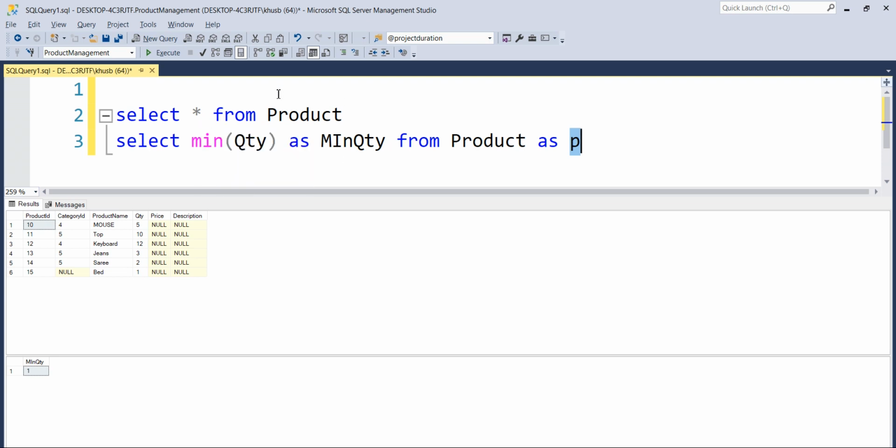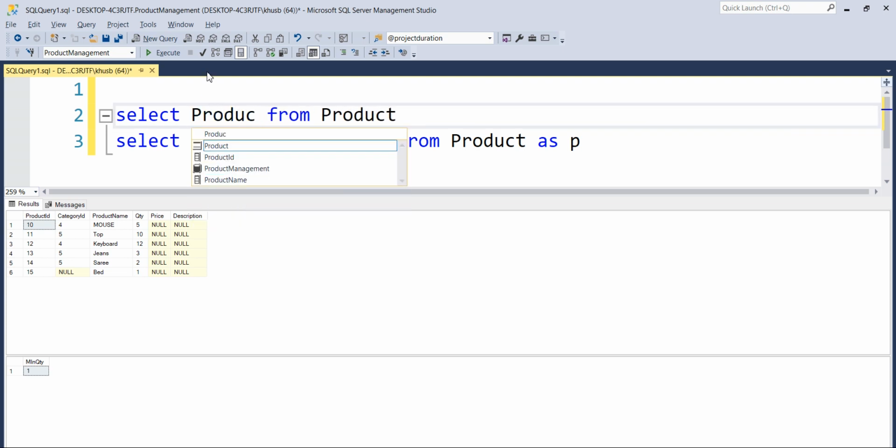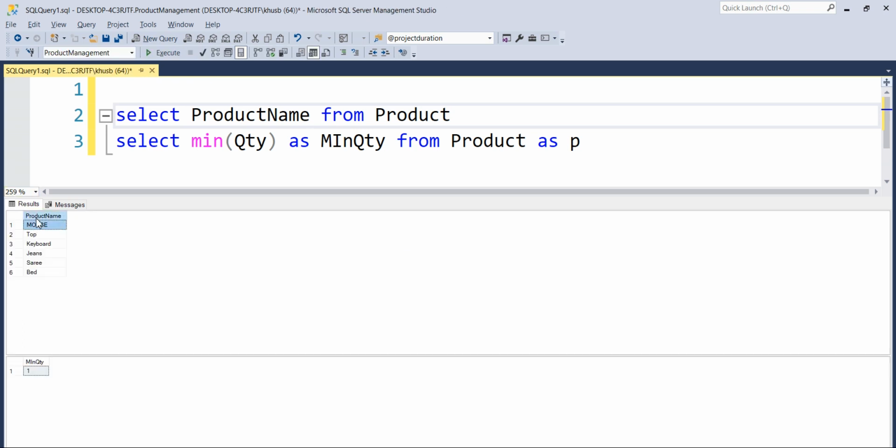Let's say I am going to say select here, select product name. Okay, so now you have a product name in this one, right? But I don't want this product name. I want to give a different name, but I don't want to change the structure of a table and rename the table, rename that column.